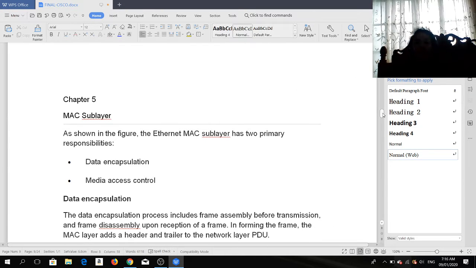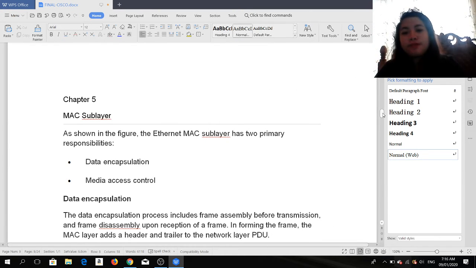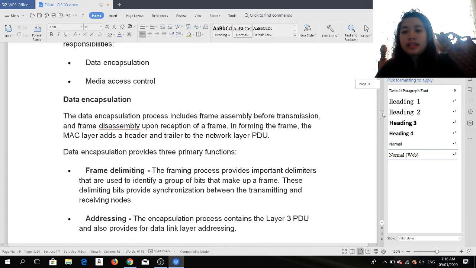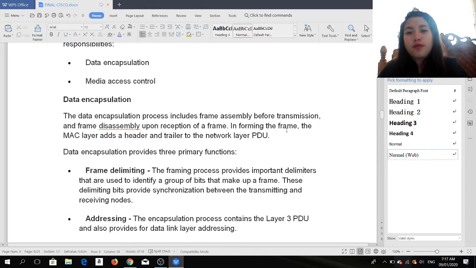So we have here Chapter 5, the MAC sublayer. The MAC sublayer has two primary responsibilities: data encapsulation and media access control. Data encapsulation. The data encapsulation process includes frame assembly before transmission and frame disassembly upon reception of a frame.